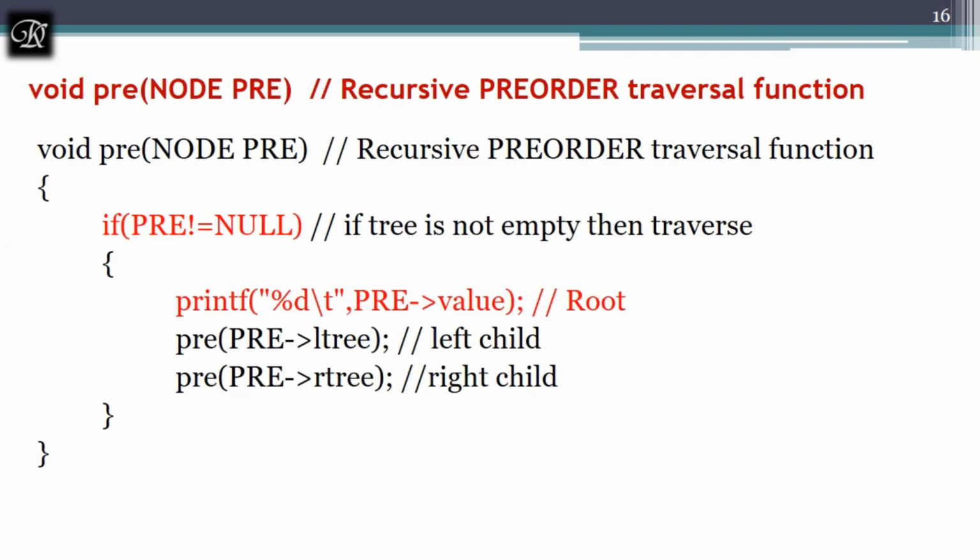And next we'll see how this is written in code. You can notice in-order, pre-order, and post-order. It is only changing the position of the statements. So there I have taken void in and node in, and I called it as node in is not equal to null. I made it pre over here. It's a very simple way of writing. I have just changed the variable names, and I have changed the placement of this. This is based on the rule I said: root, left child, right child.